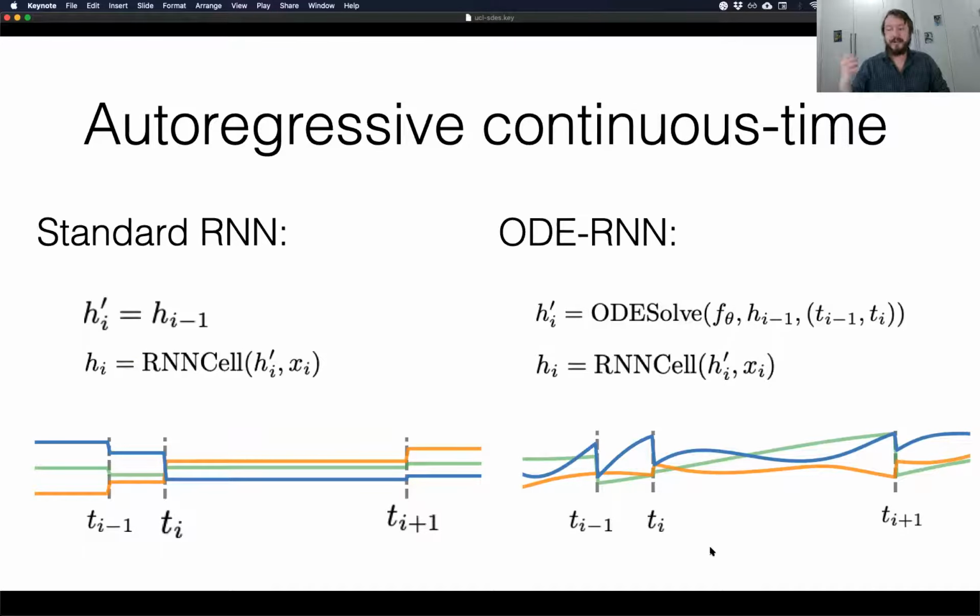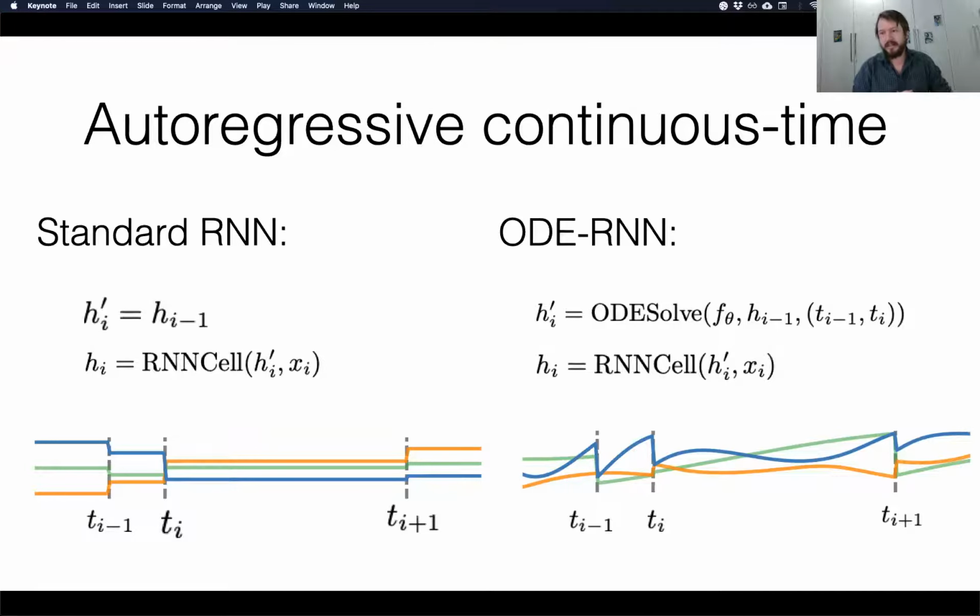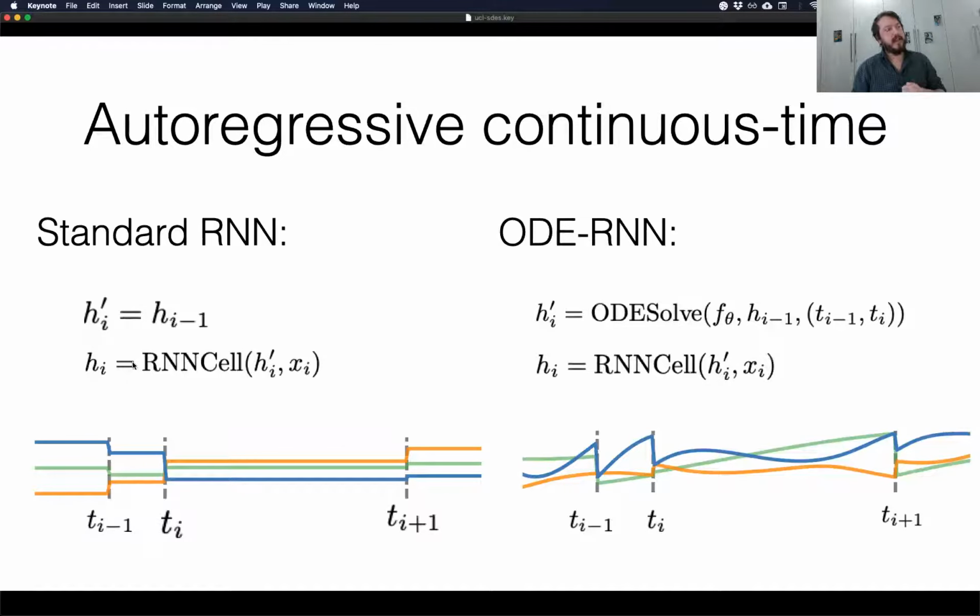So now I was saying we have this problem of continuous time data. How can we use these ODEs to address that? Well, the simplest thing, and actually you should always start with this because it's very simple and fast, is we could take a standard recurrent neural network, and you can apply these to irregularly sampled time by just having the hidden units update whenever we see a new observation. And now the funny thing about this is that